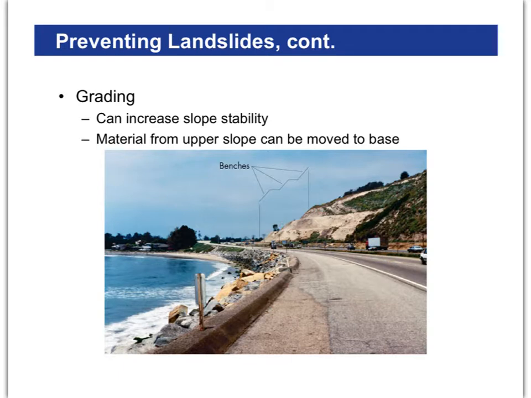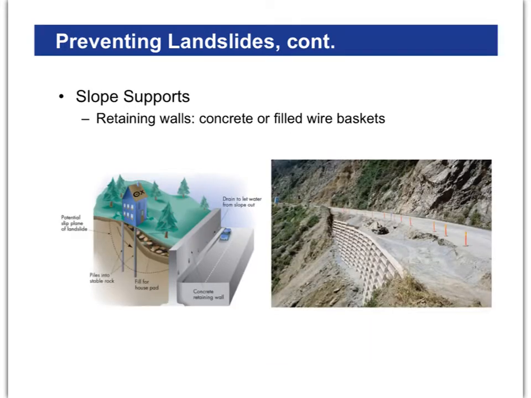Here we had a slope that was probably too steep. It was, you might say, beyond its angle of repose right there. So what if you take a lot of the top material and you build it out horizontally so that the slope, I'm not sure you can see that green right there, becomes less steep? If it becomes less than the angle of repose, then that slope is going to be stable. So if you grade correctly, if you put some thought and some engineering into it, you can actually make a slope more stable.